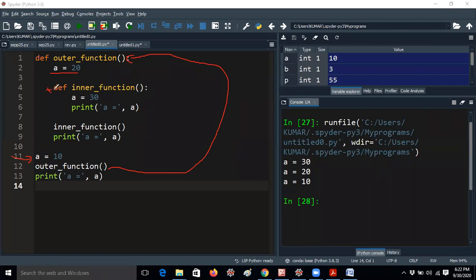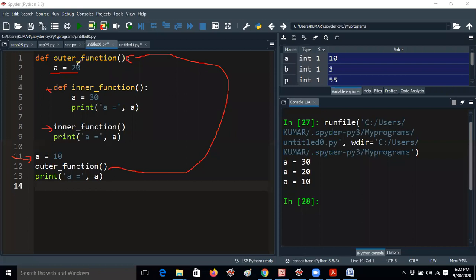It will go to this part because def is here. That means it is an inner function, that means a nested function. You have the concept of nested functions. These concepts are not discussed in the syllabus itself, but I am telling you because namespaces can be explained better by using a nested function. We already know about a nested for loop. A for loop inside another for loop is nothing but a nested for loop. In the same way, a function which contains another function is called a nested function.